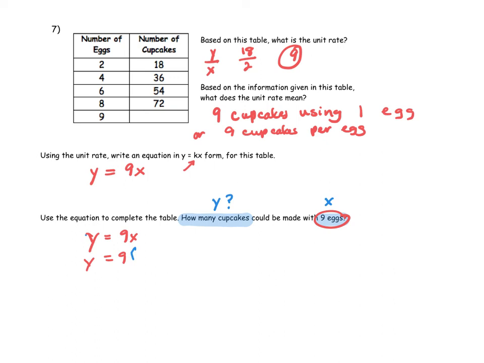So we'll replace the x with 9 and y equals 81. That means 81 cupcakes